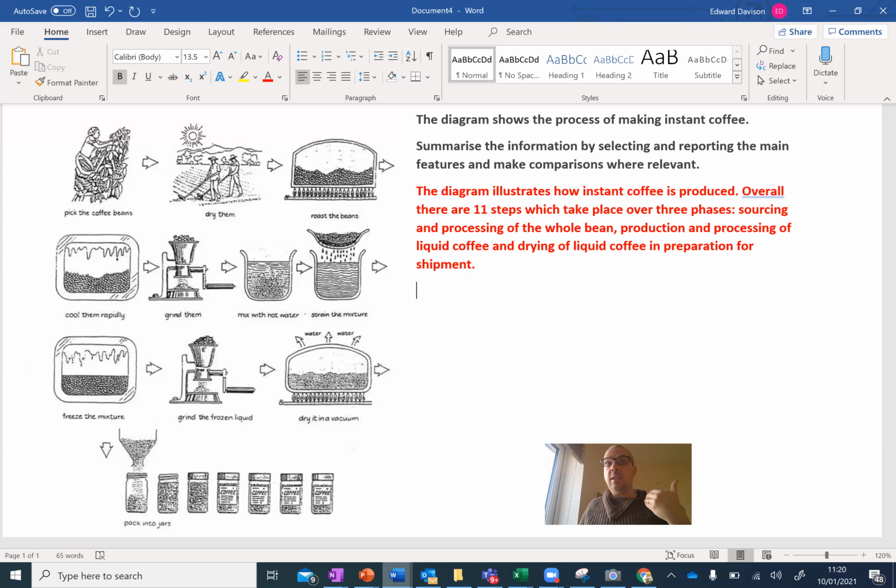But as soon as you get into the human stages, for example, the water is collected and then the river is diverted and water is pushed through a turbine. The turbine or electricity is carried to the blah, blah, blah, whatever you want. When you talk about the human parts of that process, you want to use the passive voice. So let's go straight into it. The first step is picking the beans. That is a human part. So